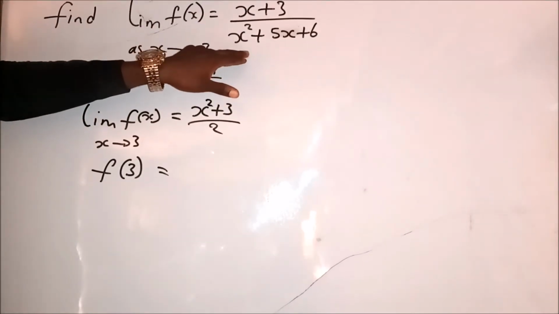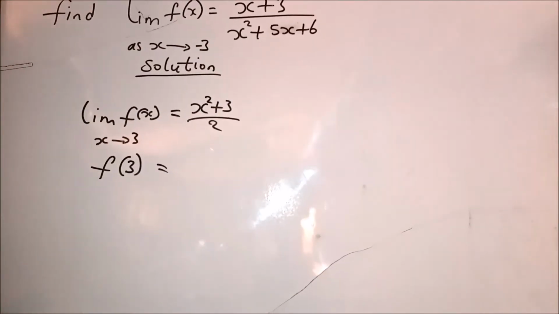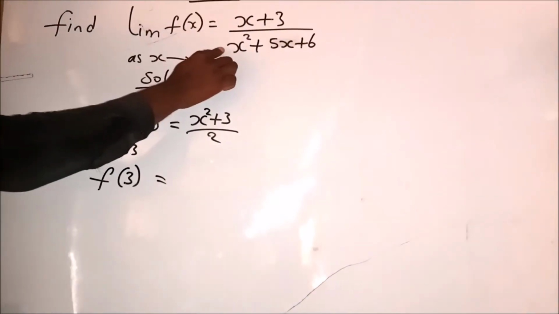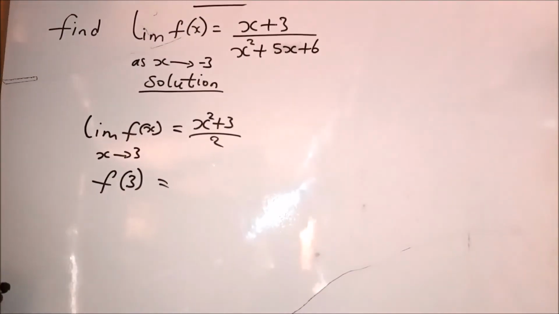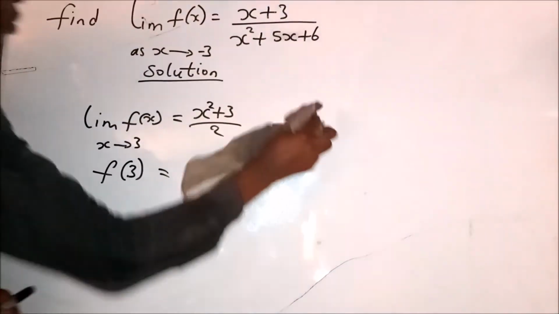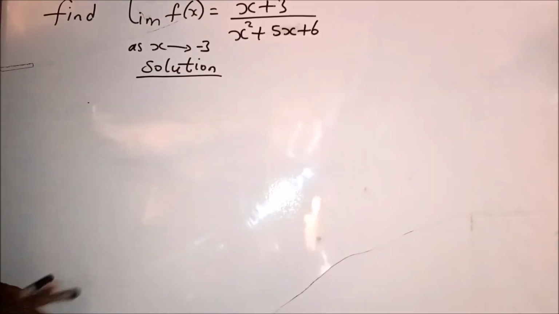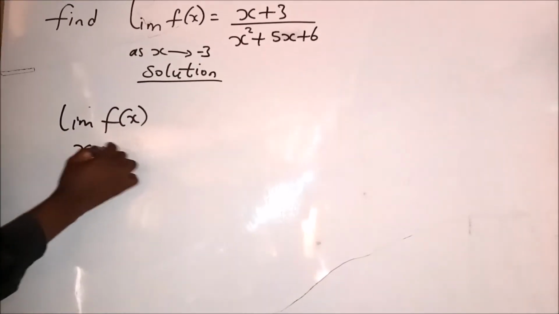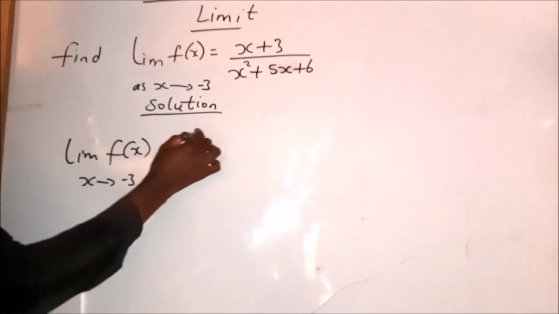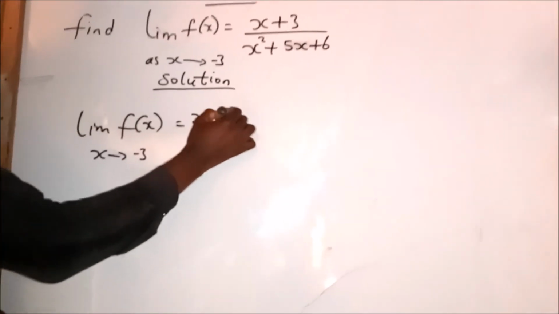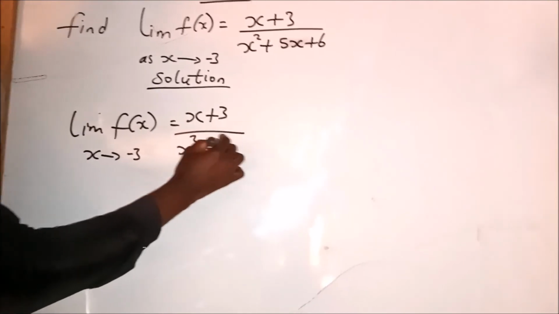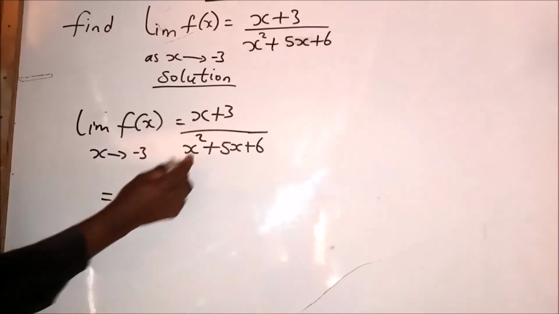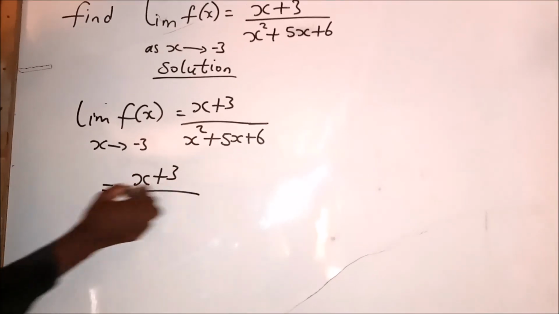So when you have a question like this, we are going to first of all express this fraction in another form before we do the substitution. So in this question, we have the limit of f of x as x approaches minus 3 of x plus 3 all over x squared plus 5x plus 6. This is going to give us x plus 3 all over